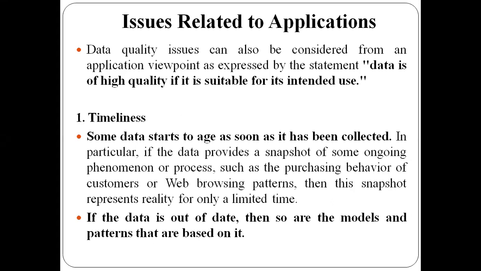Why are they going to keep them together? Because if a person is buying bread, then there is a probability that he is also going to buy butter or jam. Such kind of analysis is called frequent itemset generation. For the generation of frequent itemsets, you need to have data which has all these attributes, that is the item names, and then the cost, and then other information you need to have.